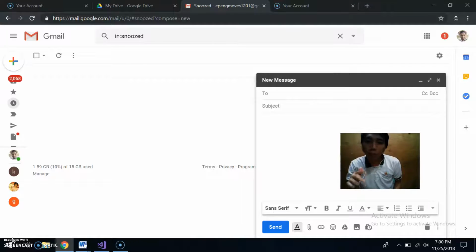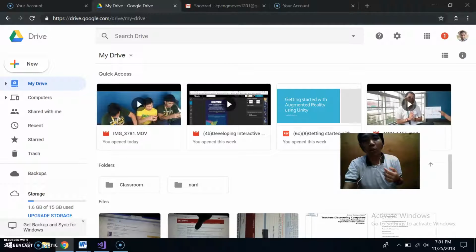All you have to do is register on these sites. First is Gmail and their cloud. They call it My Drive, and afterwards you just need to upload your big files on this site, My Drive. After uploading it successfully, you just need to go directly to composing your message on